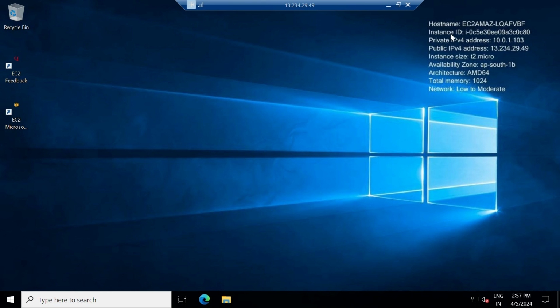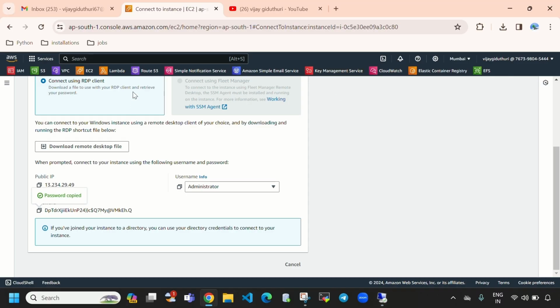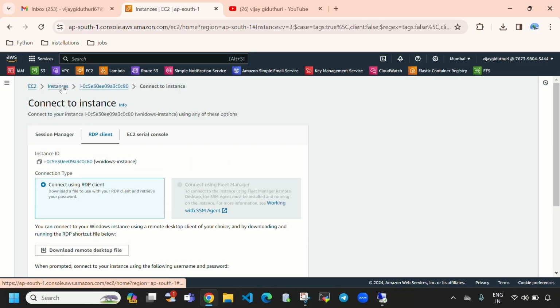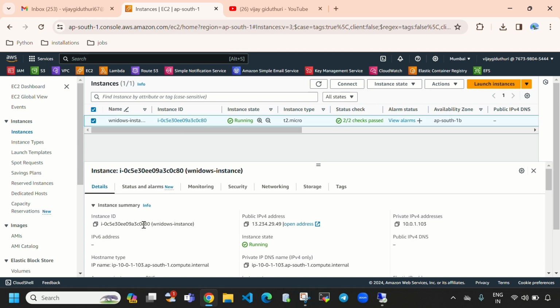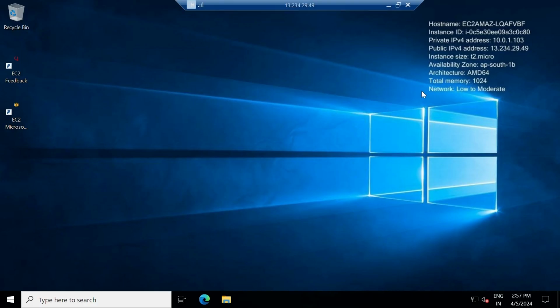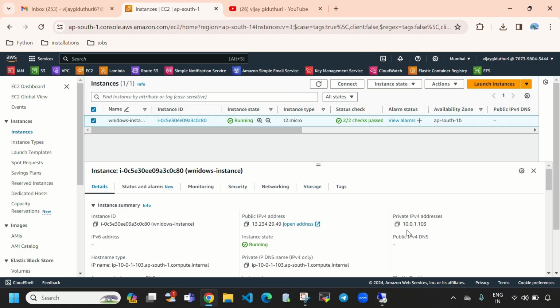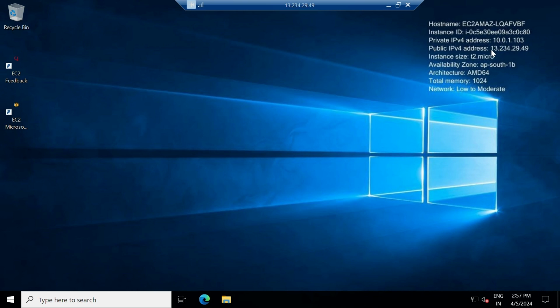This is the host name, and here you can see this is the instance ID. At last you can see C80. So when I come to my instances, let's go to instances, and when I select this instance, here the instance ID at last you can see C80. This is the instance ID, and here you can see private IPv4 address is 10.0.1.103. So when I come here, you can see our private IP address is 10.0.1.103. So when I come here, public IPv4 address is